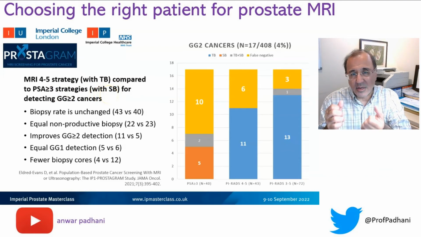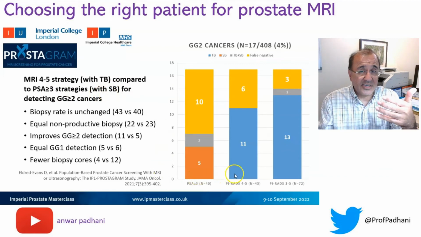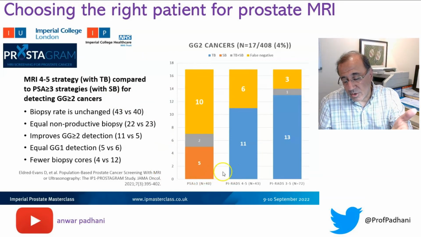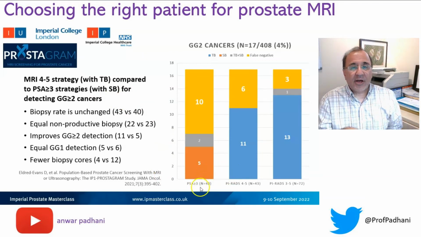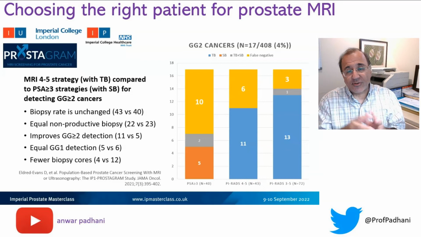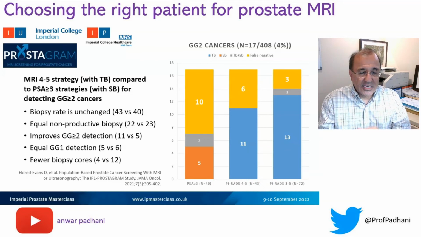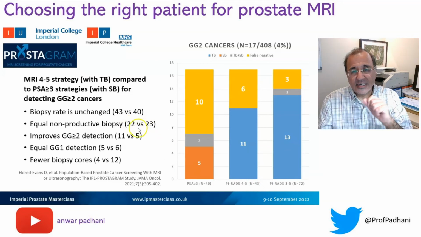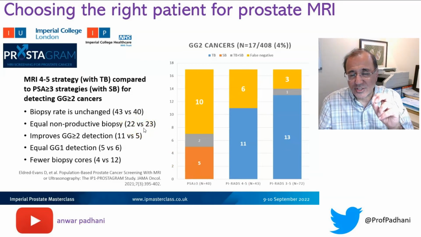You can see that the number of men undergoing a biopsy is about the same. So if you use the PSA strategy, 40 men will undergo a biopsy. If you use the MRI 4-5 approach, then 43 men will undergo a biopsy. So that's not different. Look at the number of men with a non-productive biopsy. It's also the same. It's about 22 in each arm,